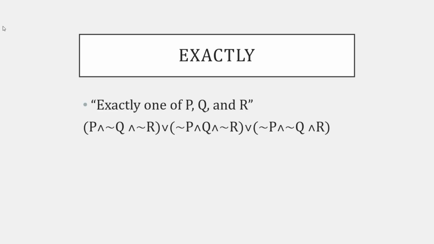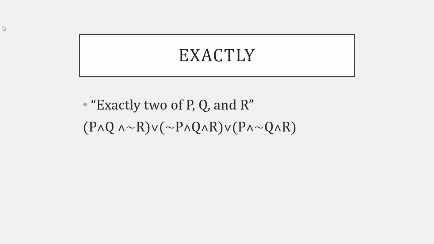Thrilling stuff, I know. Okay. And for exactly two, it just works exactly the same way. You just enumerate the cases where two of them are true and one of them is false. Yeah? So I do think that this is a slightly different way of using logic than we have before,